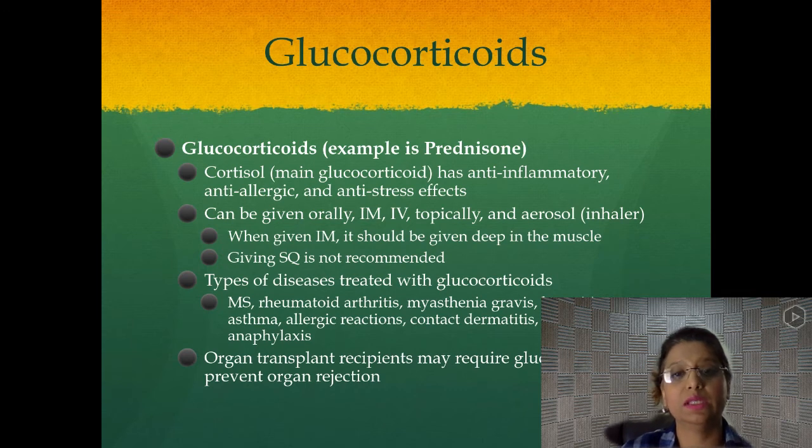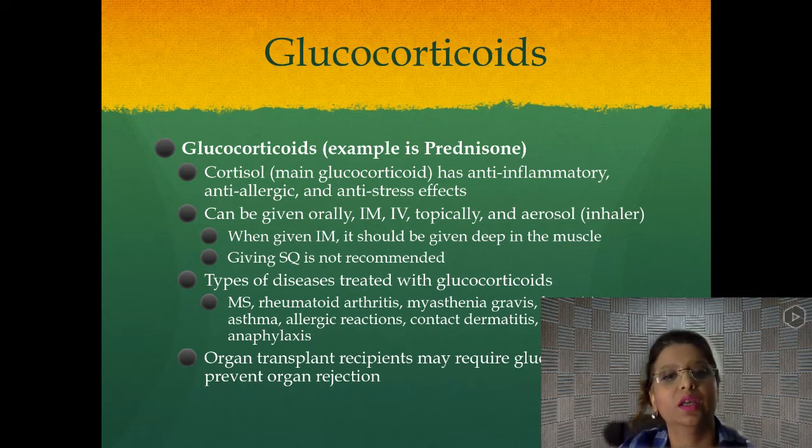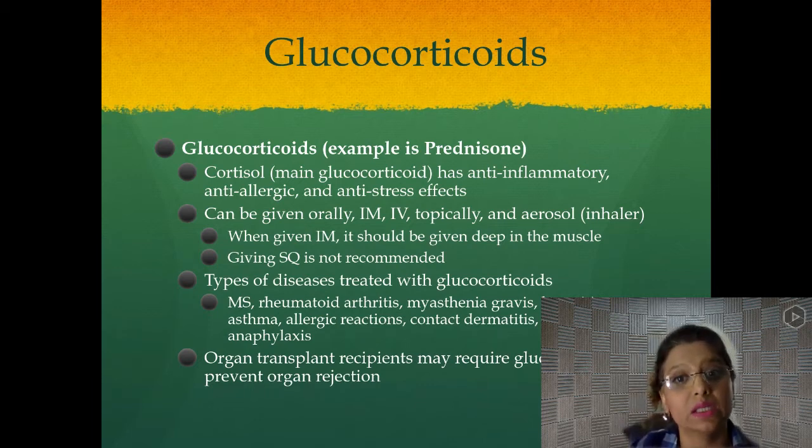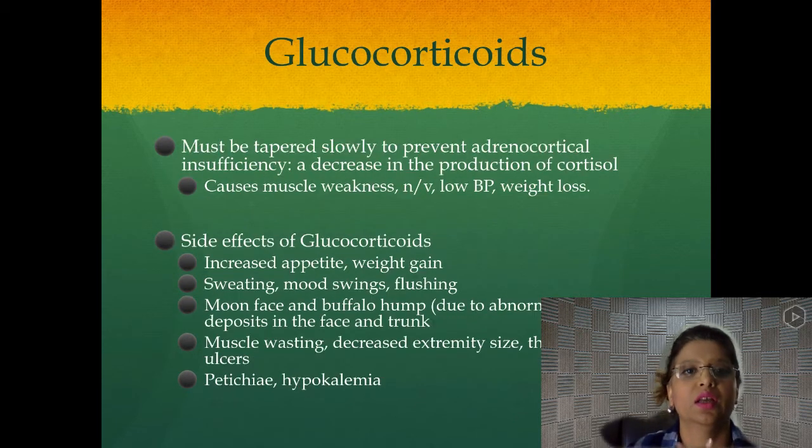So once there's not a lot of fight in the body, it's able to accept that new organ. With an organ transplant, we have to give them constant prednisolone in order to reduce the amount of rejection to the new organ. It must be tapered. Now, all these steroids, when a person is on steroids, say for severe inflammation,